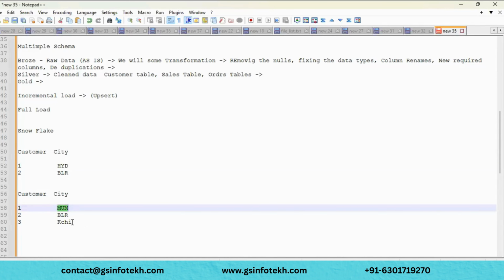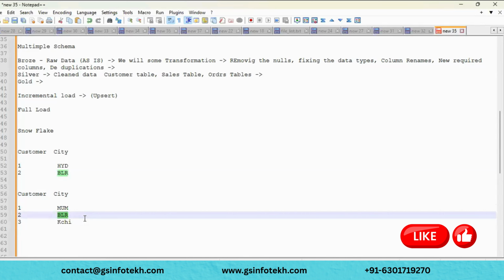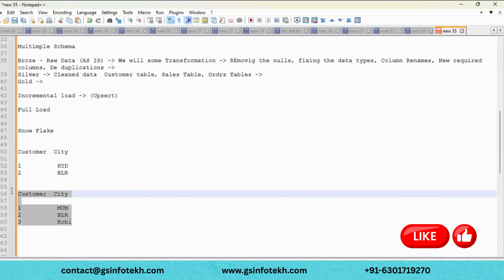And since we got a new record, customer 3 from Kochi, it is going to insert this record. This is called an upsert, update and insert: update the existing field if any changes happened in the source data, and insert the new field if there are any new records.